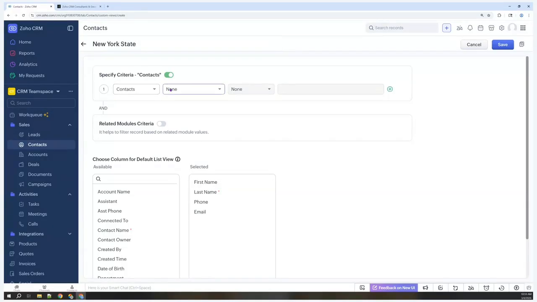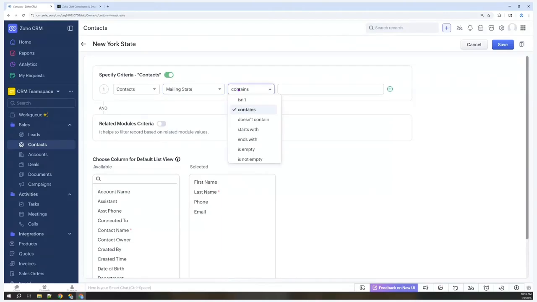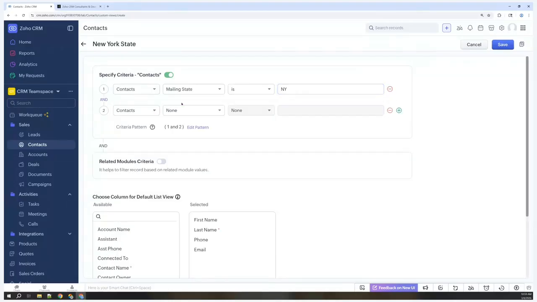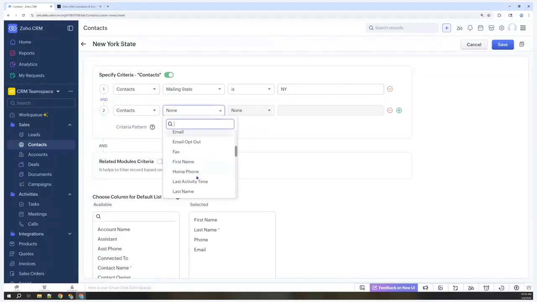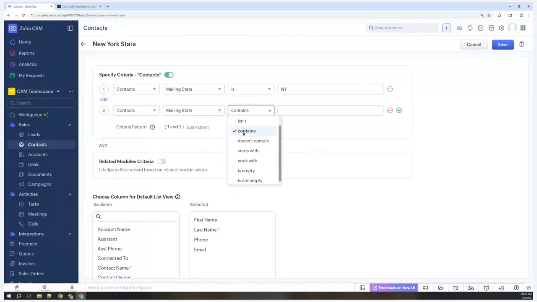Well, we're going to say that the field is mailing state is NY. Now, in practice, I picked a bad example with states, but some of the states might actually be in there differently. They might be in there as New York spelled out. So I'm going to say mailing state is